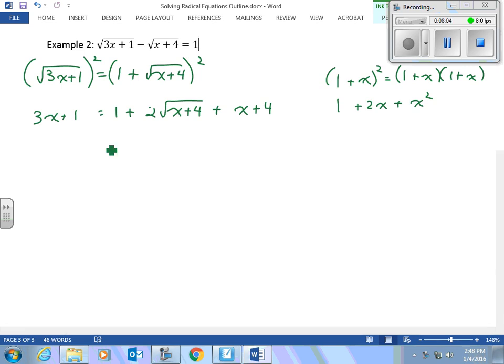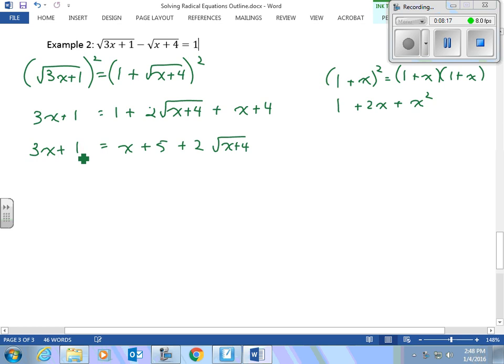So let's clean up the right side. That gives us x plus 5 plus 2 root x plus 4. And on the left, we still have 3x plus 1. This is where we need to repeat. We still have a radical in the equation, this root x plus 4. So let's leave that term by itself on the right side, and let's subtract x and subtract 5 from both sides. So we will end up with now 2x minus 4 equals 2 root x plus 4. So we isolate the radical,